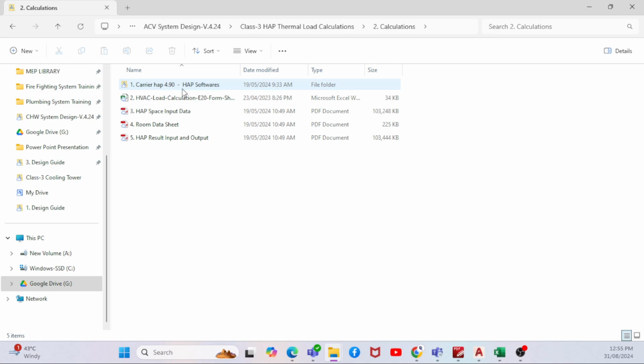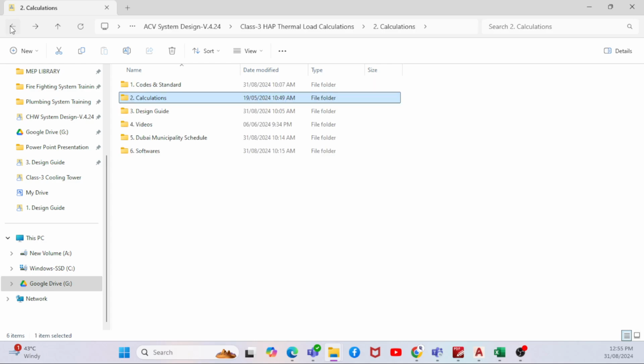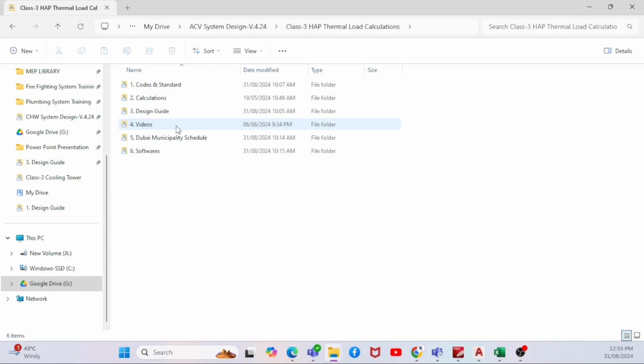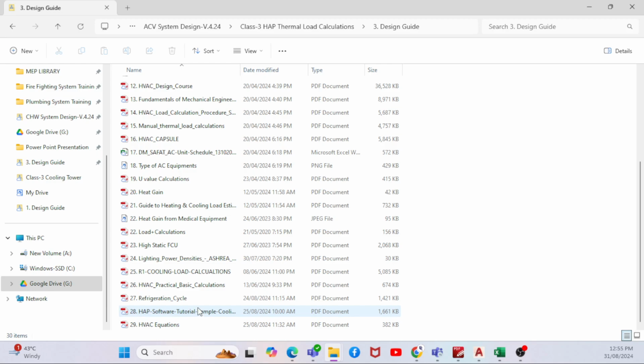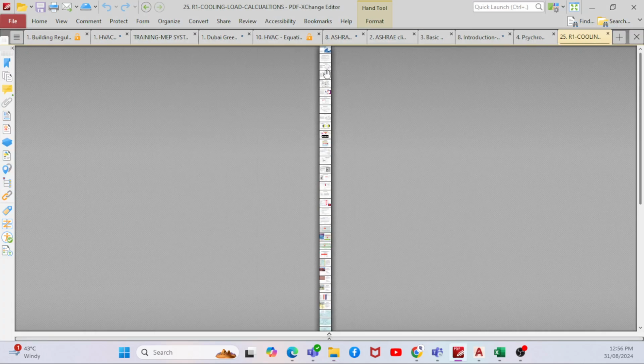Okay, there is a software available here, HAP software. You can install the HAP software so that in the next class we will try to do the HAP calculations through the software. But before we do the HAP calculation, I have attached one procedure. If you go to this particular guideline, okay,